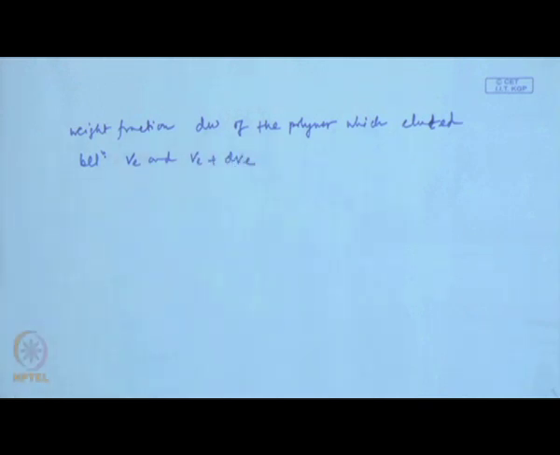We can consider this slice, which is a very infinitesimal slice. So, the weight fraction for the polymer which eluted between V and V plus dV,